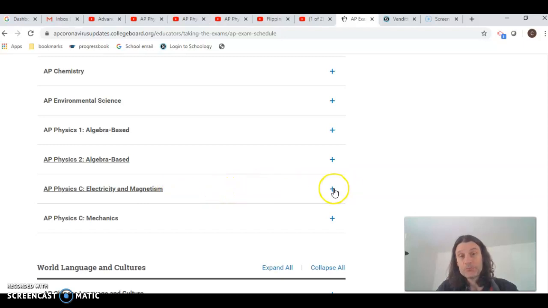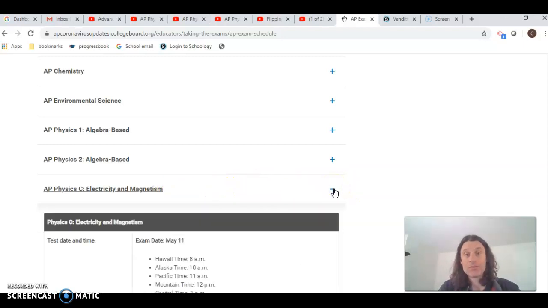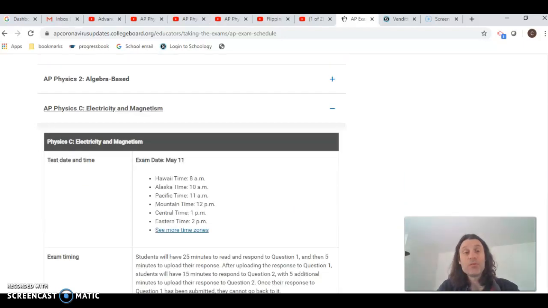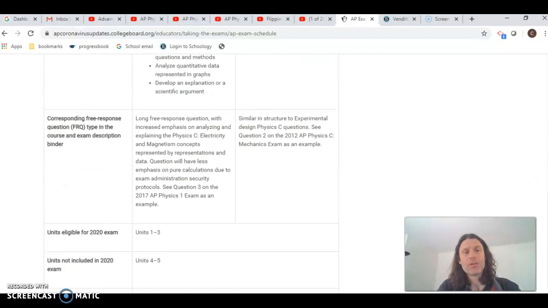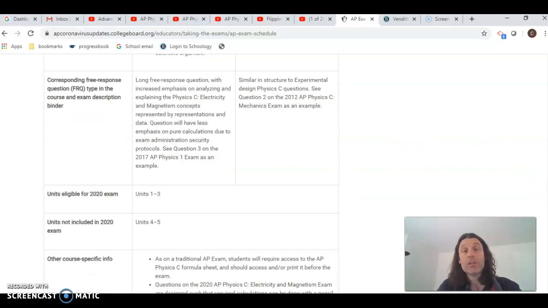Now, hopefully this is also not the first time you've seen this particular set of stuff, units 1 through 3 and then 4 and 5. That tells you what they will be testing you over, and this year's a little unique, with subject matter that they won't be testing you over. But if you don't know what units 1 through 3 and then 4 and 5 are, that's bad, because